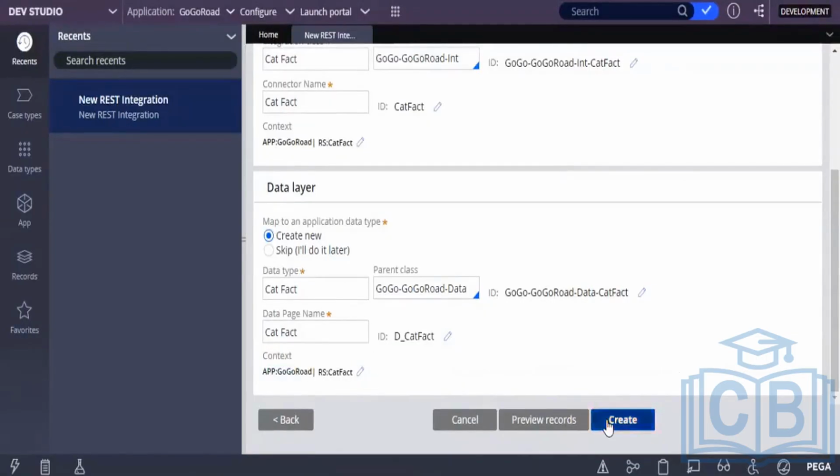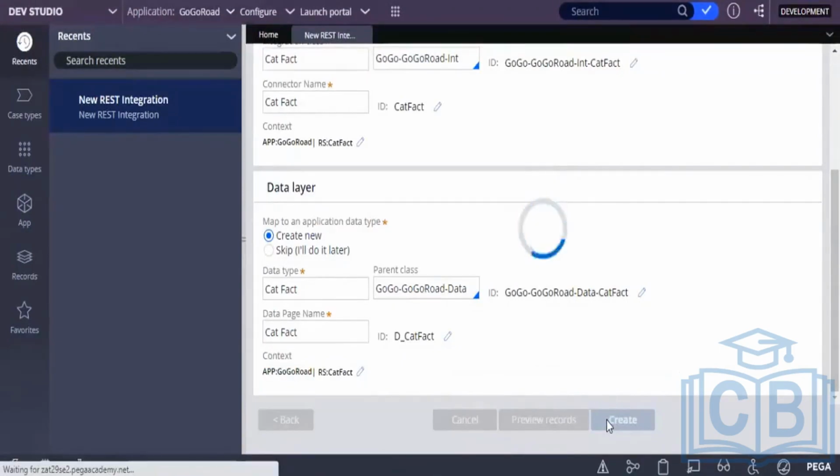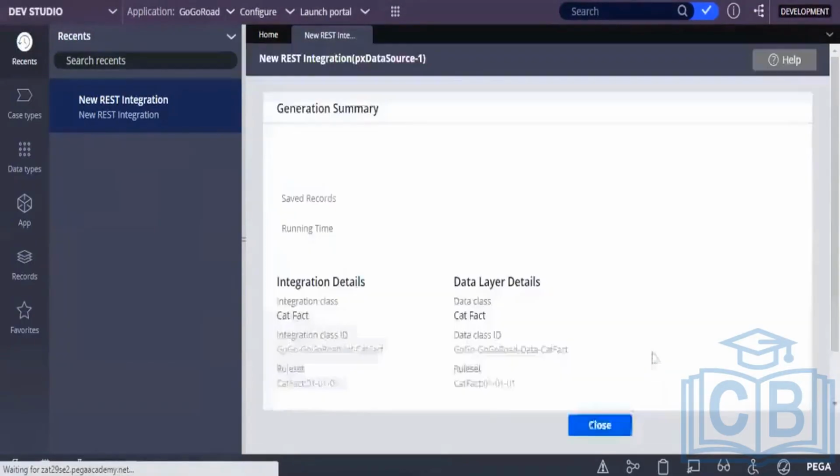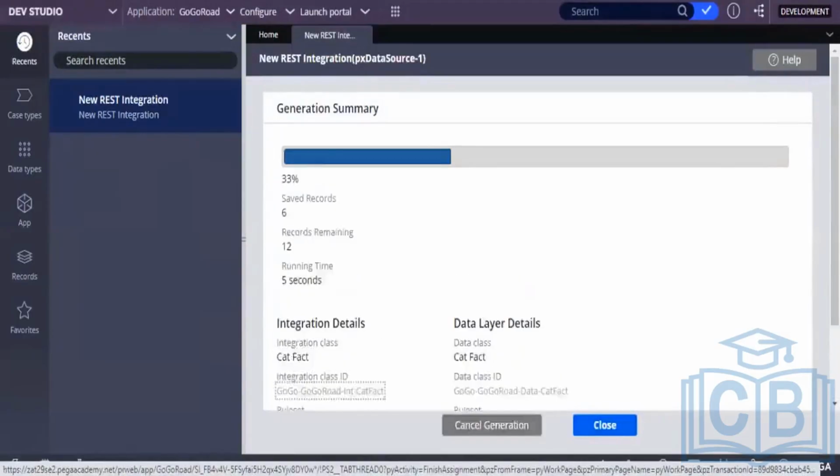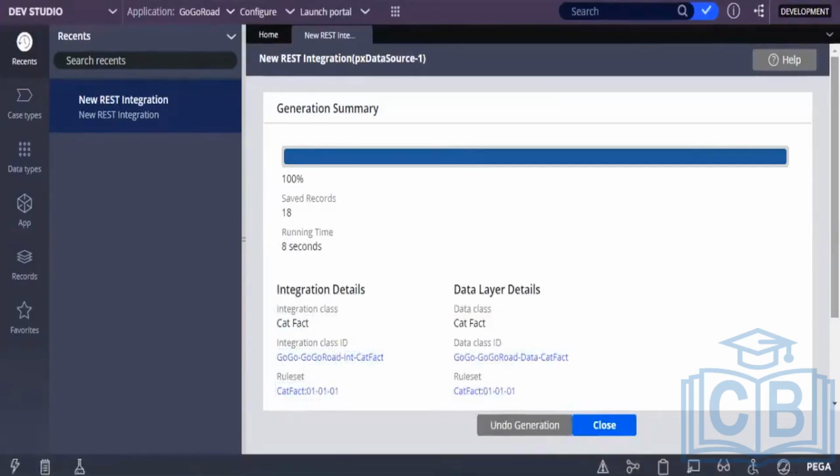Generally people will take screenshots at each and every step whenever they're configuring this type of thing. If you click on create, the system will create all those rules. See how many records were created. 18 records means 18 rules.